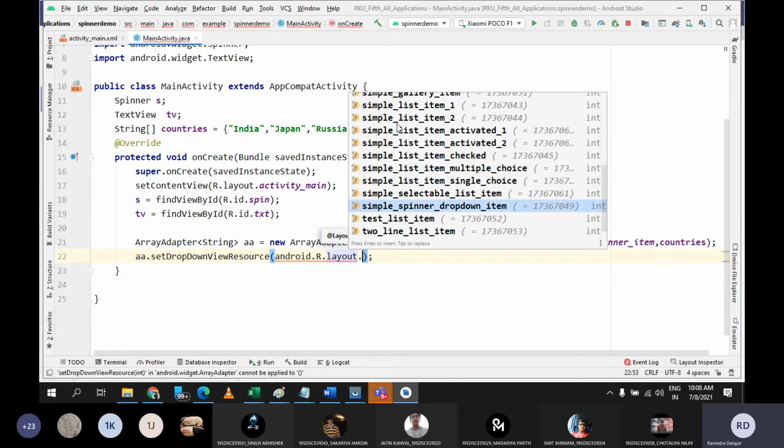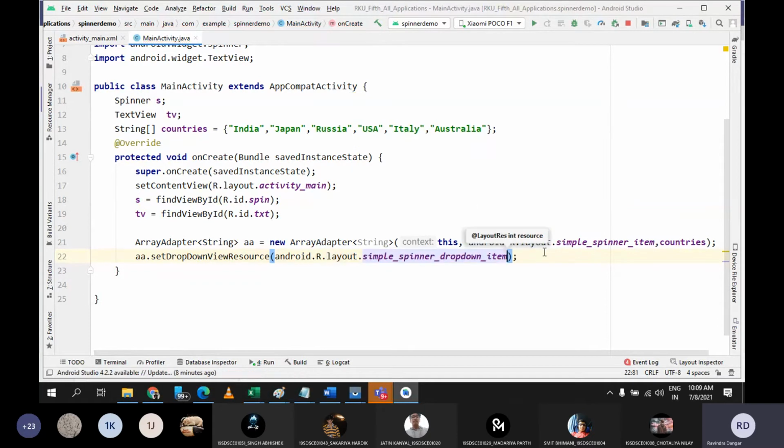If you are working with a list item, then list view, and in that case you can use simple list item 1 or 2 or whatever. Here I am talking about spinner. I want all the items to be displayed inside the spinner as a part of the drop down. So I need to select this, which is simple_spinner_dropdown_item. Let me select this. That's it. Your array adapter is ready.